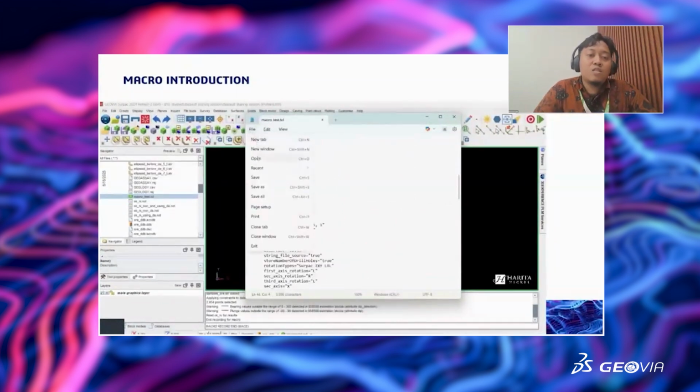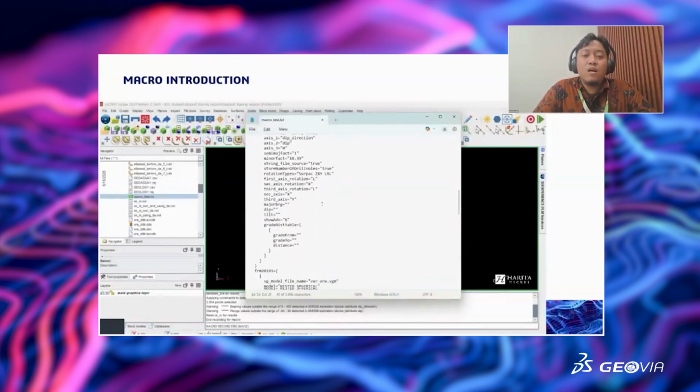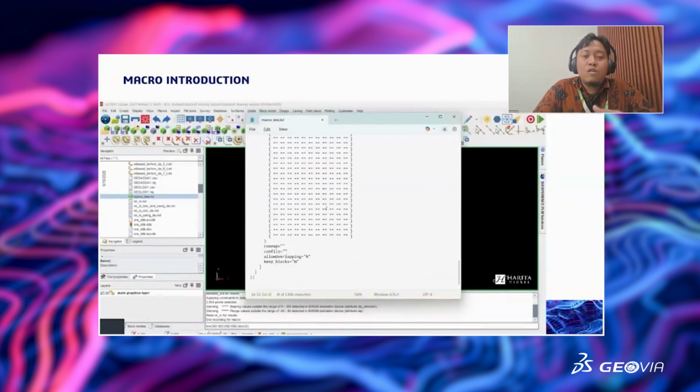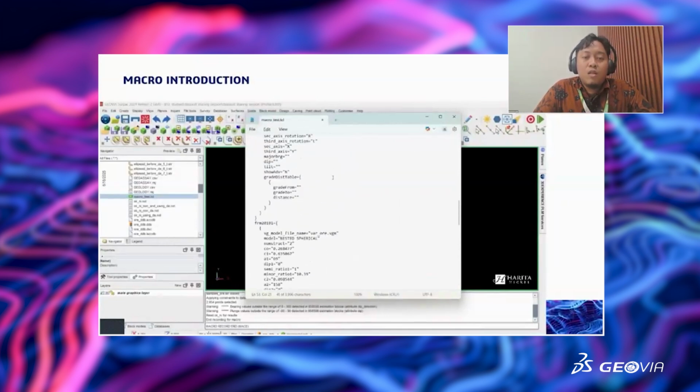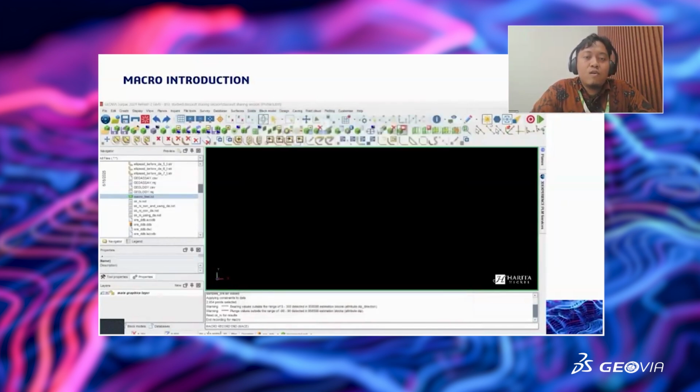It will change your repetitive task here. So basically, when we have a repetitive task, the macro will record our task in Surpac. The macro is very useful when we do the Kriging neighborhood analysis.